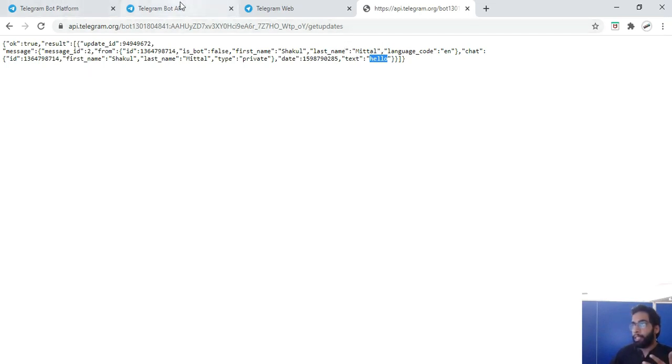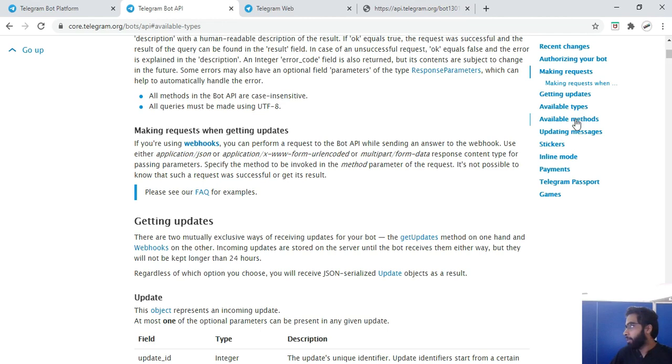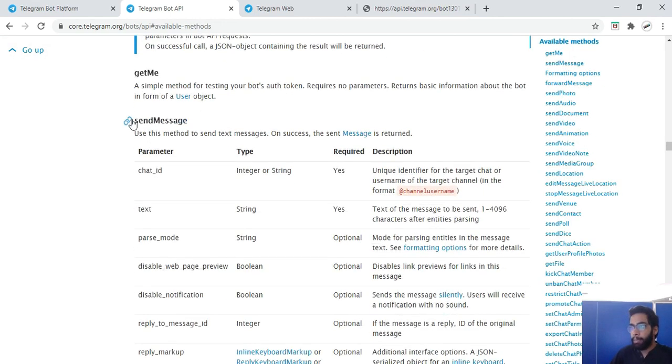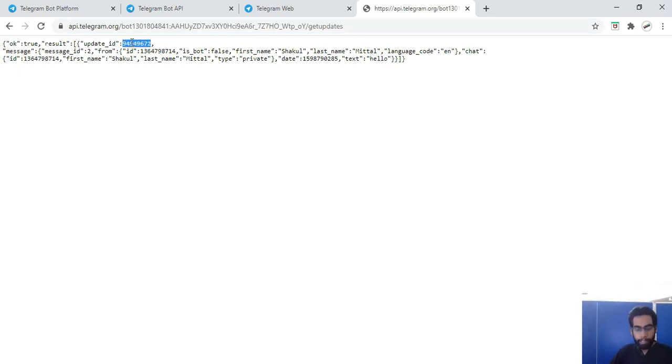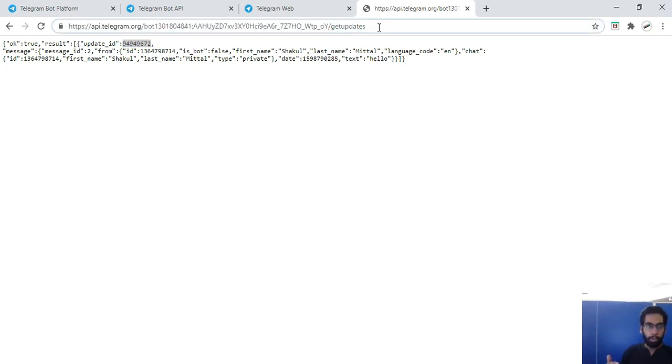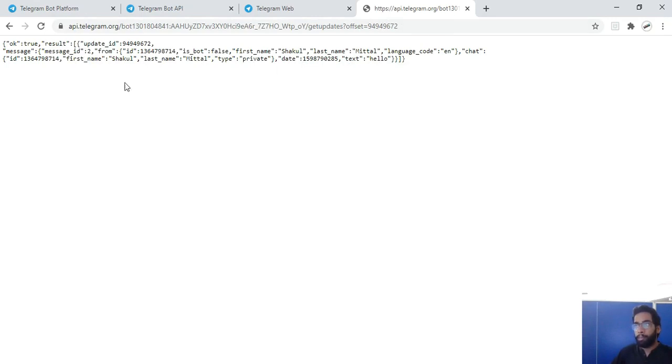Okay, now there is another API to send stuff. Here you can go to available methods and sendMessage, the API for sending messages. We'll configure it later, but now one thing is I want to continuously read messages from this bot. This sends me an update ID every time I send a message. So using this update ID, I can listen to only this conversation. I only want to reply to that conversation. So how do I do that? I get an offset. I can set an offset equal to this value, and this value will only give me the updates from this point.